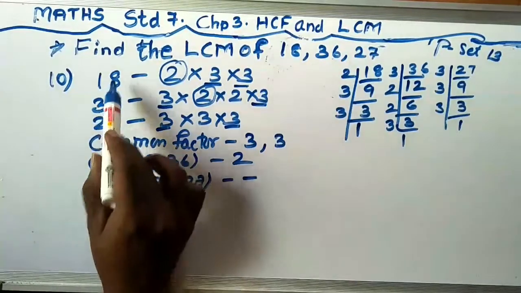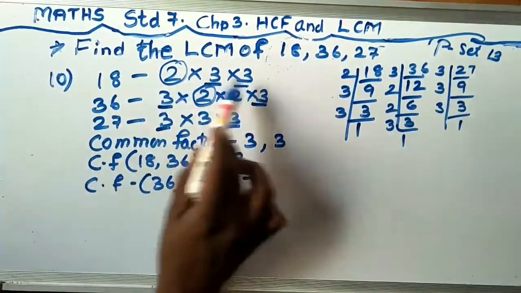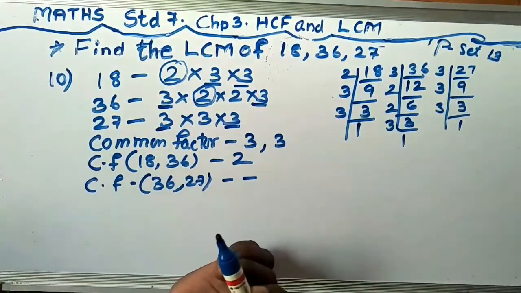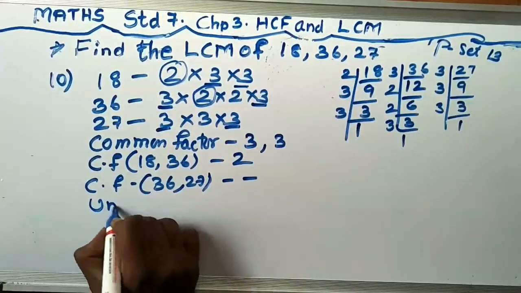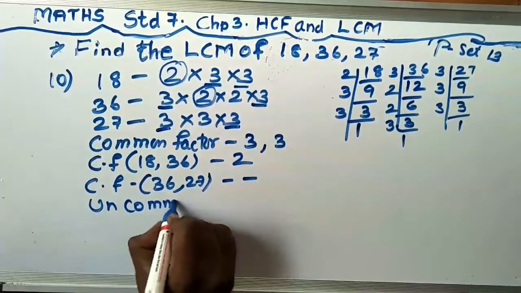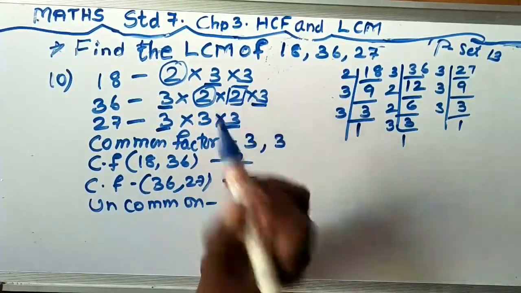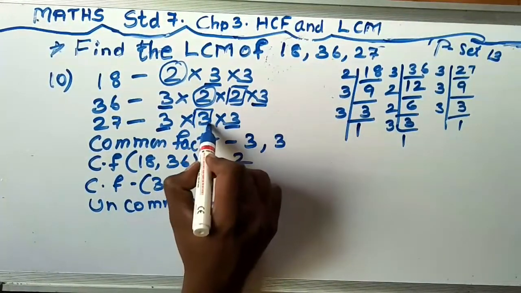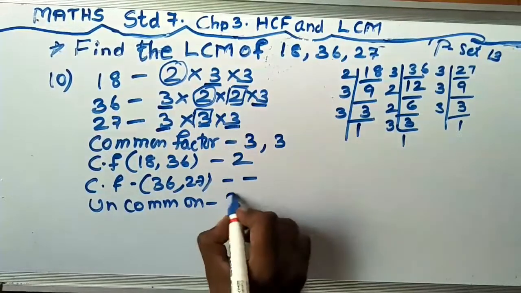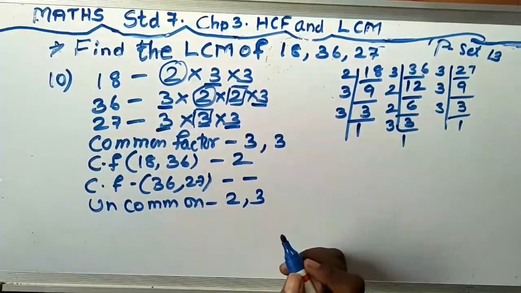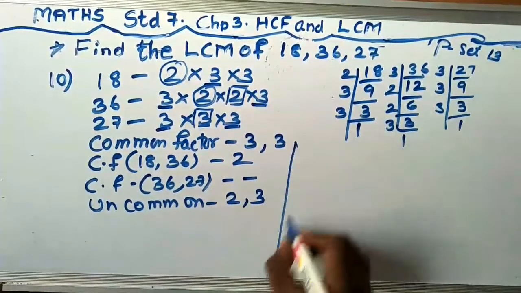Then the common factor for 18 and 27. Already 18 is used up, so there will not be any common factor. The next is uncommon. So here 2 is not used, 3 is not used. So 2 and 3. So your LCM is